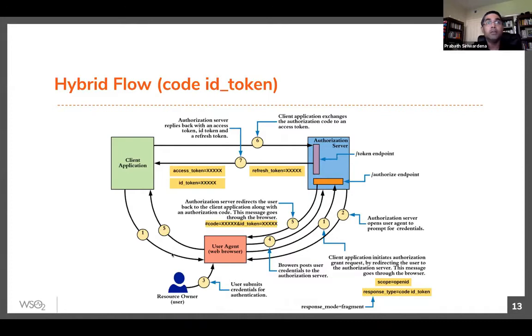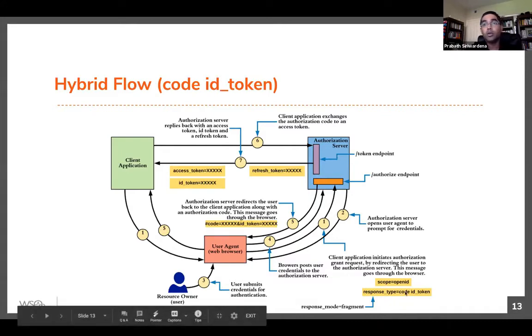So in number one, you generate the request and it has a response type called code id_token, right? This is one example. Hybrid flow can have multiple such combinations. If it is code id_token, once again, the corresponding response mode is fragment, right? So that means the authorization server returns both the code and ID token as a URL fragment, right?